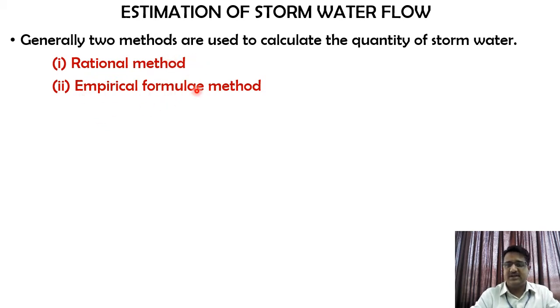Whereas in empirical formulas, I hope you know what an empirical formula is. Empirical formulas basically don't have a derivation. They are derived directly from experimentation values, so you will have some constants with some variables. Empirical formulas don't have any assumptions or a proper derivation like those we have studied in the previous semesters. Usually here, directly based on experimental studies and the conditions of that particular site, the formula will be derived. So in these two ways we can determine the quantity of storm water flow, which is nothing but the wet weather flow.